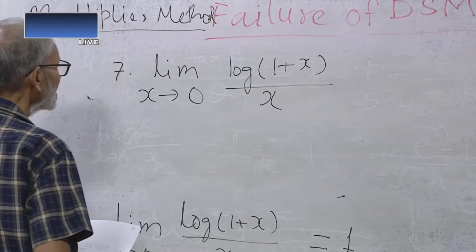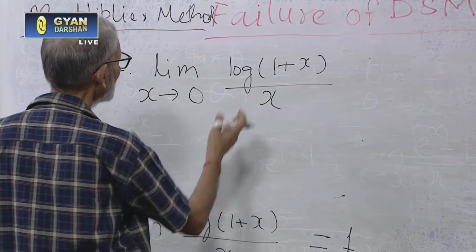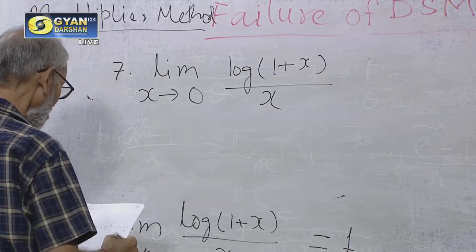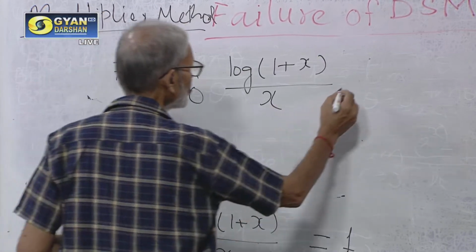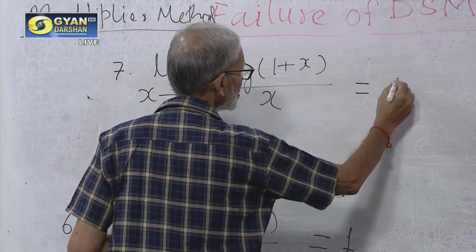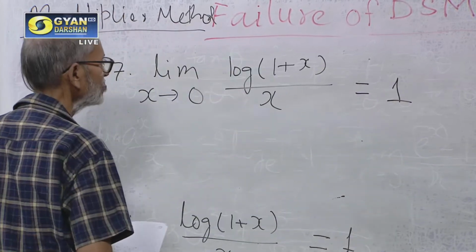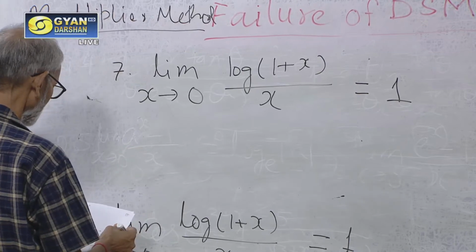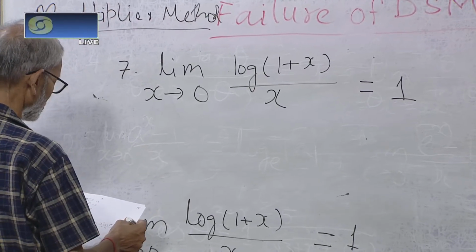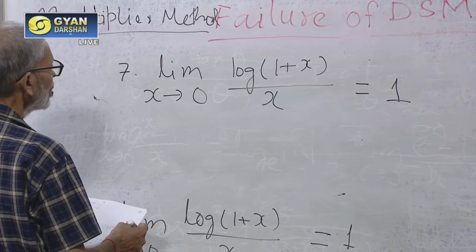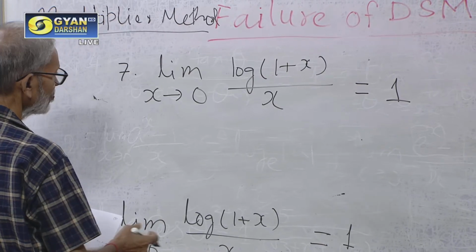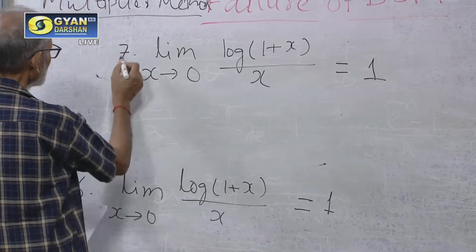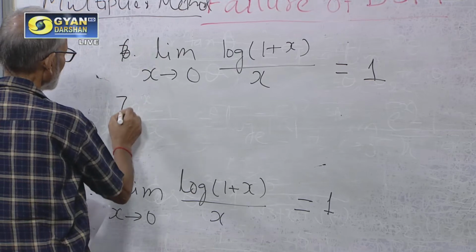These are all indeterminate forms, because if we put x equal to 0, this will come out to be indeterminate form. So, you must remember this formula. This becomes 1. So we have already done it. Okay, the sixth one,